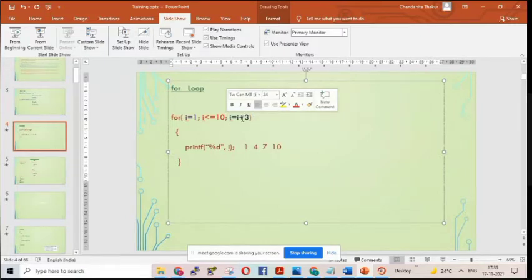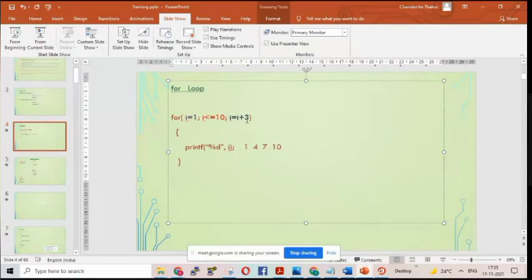After executing, the I value will be incremented by 3. It was 1, so it will become 4. Then before entering the loop, I less than or equal to 10 will be checked. So now you are a little used to it, so I must say that I equals 1 is initialization, the middle one is the terminating condition check, and the third one is increment or decrement.